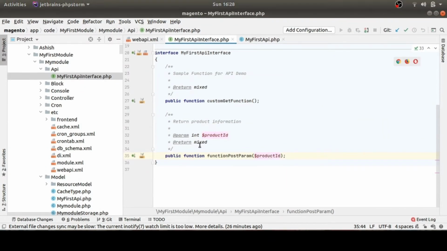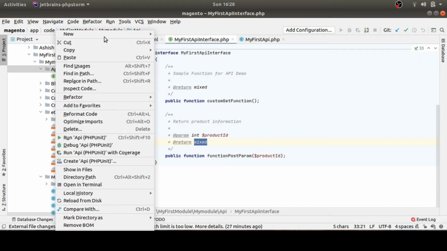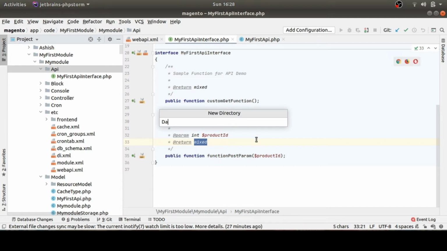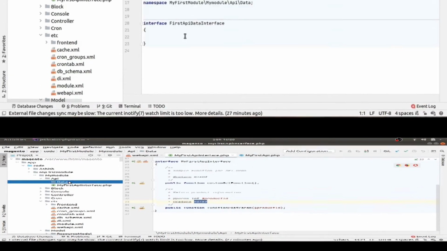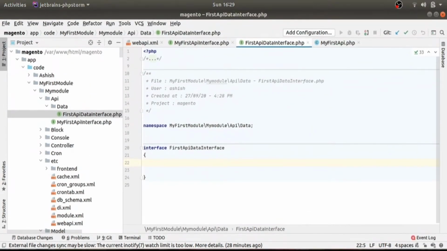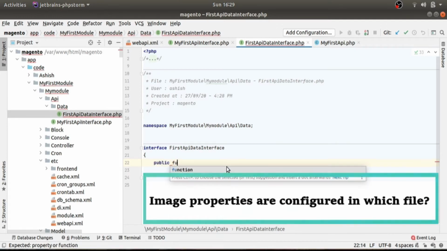Now we need to create a data directory inside our module API directory and create our data interface there. Let's define our getter and setter functions in our data interface.